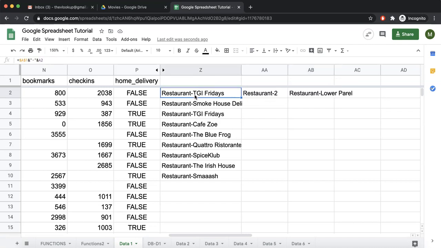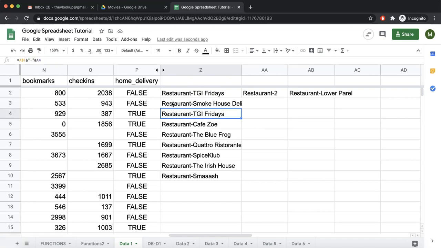So if we could do something like this, just $A, instead of $A$1, we say this will always be A$1. So when you say $1, it means row number 1 is fixed, but this A can change. Now see what happens when we drag it down. When we drag this down, this is A1, this is also A1 because the row has not changed.